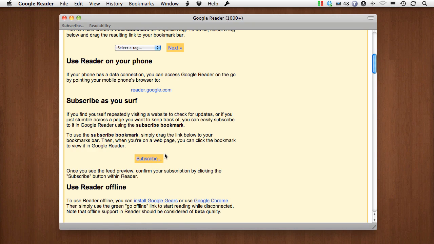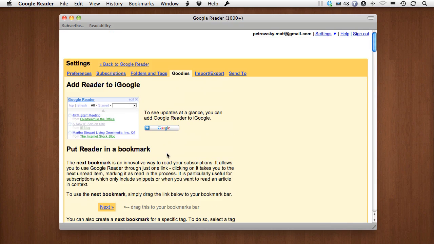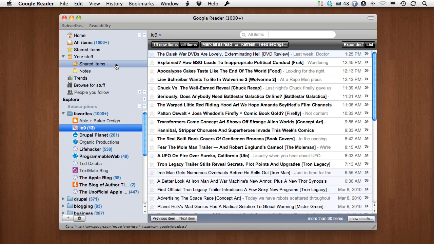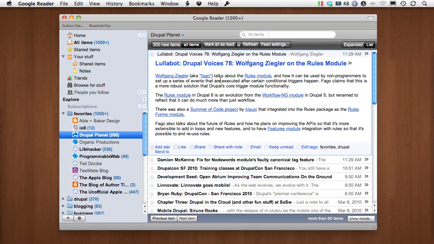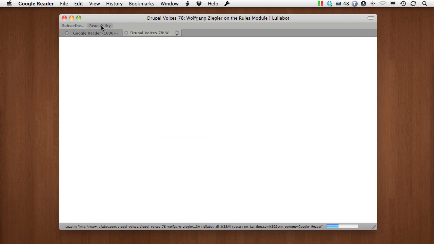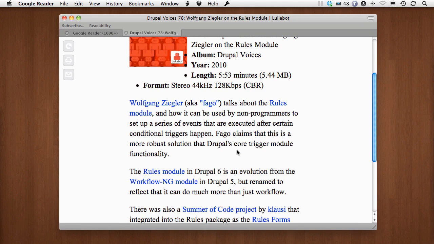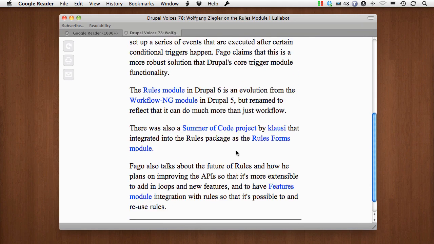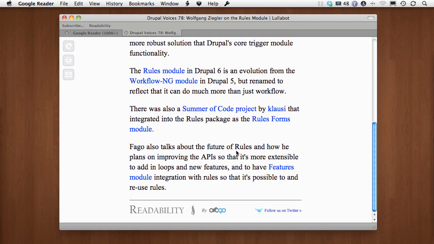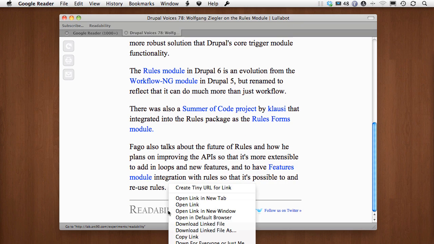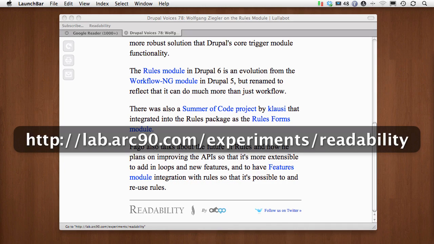The next one is readability, and this one is really cool. In order to take a look at that, let's go to a particular article. Lullabot, take a look at that one, and then we will click readability. And there you go. What it does is it basically strips all of the junk off of the site. Now, where do you get access to this? Right here at this URL. In fact, I will copy this link and I will show you on screen that it's at